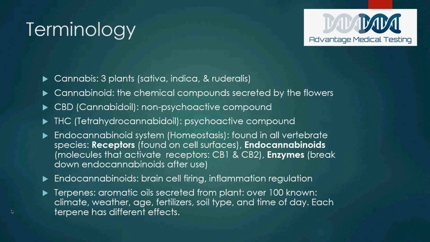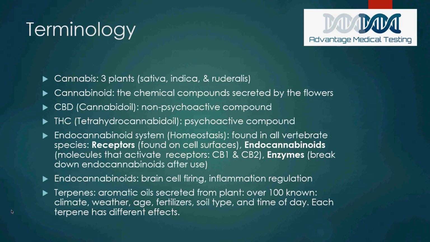But here's something very important to understand, and it's a basis for this test: it's been scientifically proven, and they continue to research our endocannabinoid system. That's present in every animal species on the planet that has a backbone. It's pretty complex, but basically the endocannabinoid system keeps a homeostasis in our body, keeps us balanced. And like I said, it's found in all of the animals on the planet with a backbone.